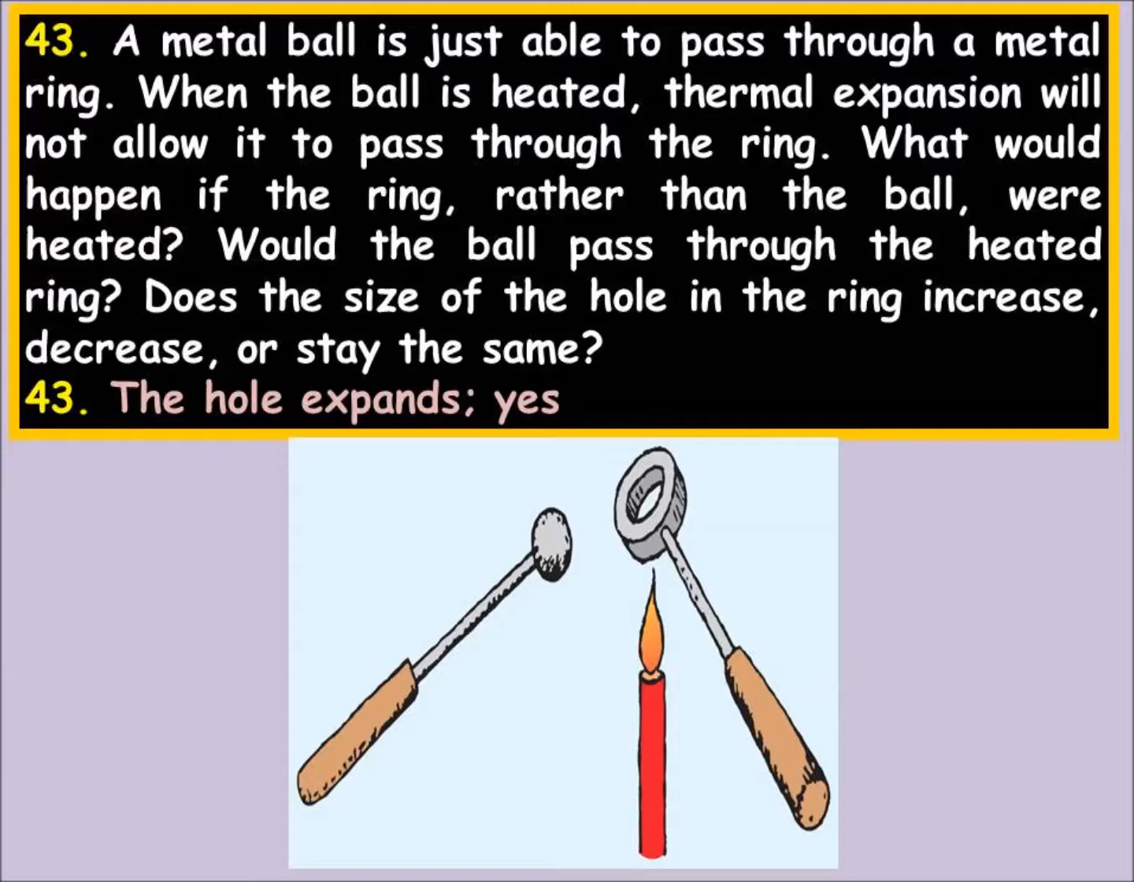A metal ball is just able to pass through a metal ring. When the ball is heated, thermal expansion will not allow it to pass through the ring. What would happen if the ring, rather than the ball, were heated? Would the ball pass through the heated ring? Does the size of the hole in the ring increase, decrease, or stay the same? Well, it would